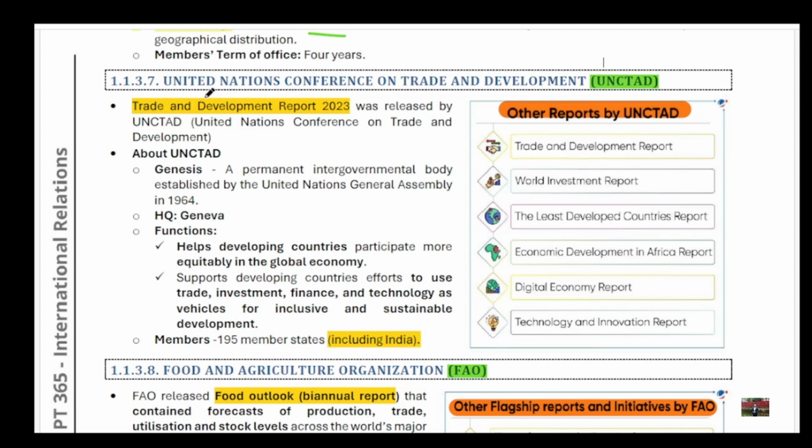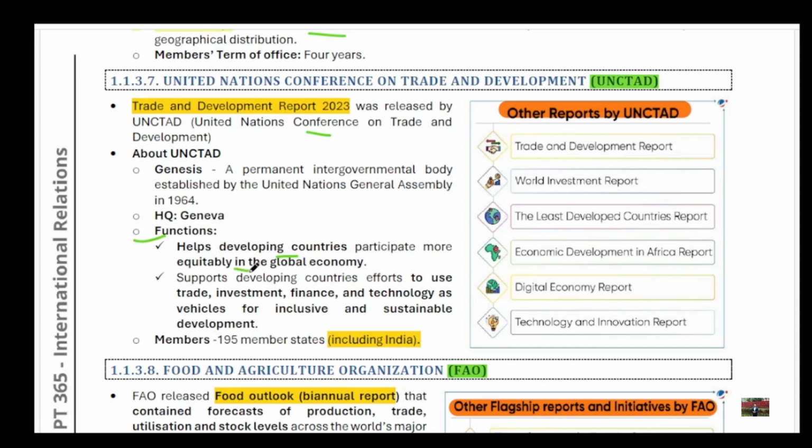The next one is the United Nations Conference on Trade and Development, that is UNCTAD. All right. Recently, a report, the Trade and Development Report 2023, was released by the United Nations Conference on Trade and Development. What are the important functions of UNCTAD? UNCTAD, the United Nations Conference on Trade and Development, basically helps developing countries